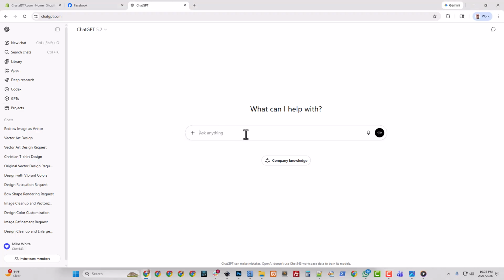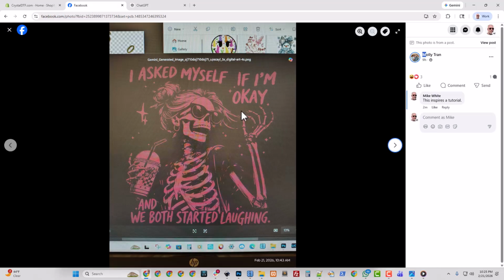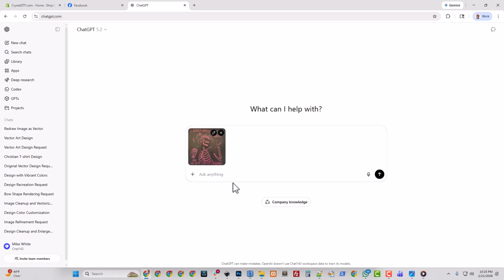So I'm starting with a screenshot of a screenshot. I mean, it's a designer's worst nightmare. It's a literal screenshot that Molly's taken, and I've screenshotted it again, and I'm going to go to ChatGPT and try to come up with a prompt. So let me think about that. All right, I was going to pause and not show you my thought process, but I'm going to go for it.